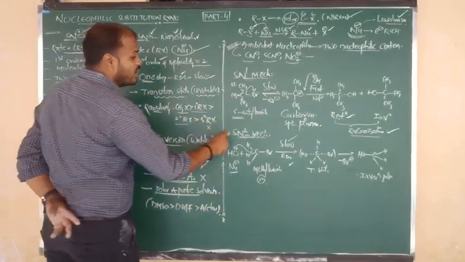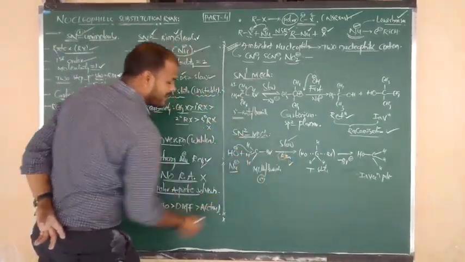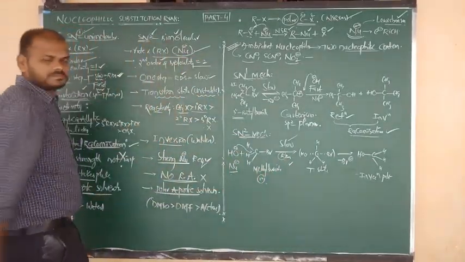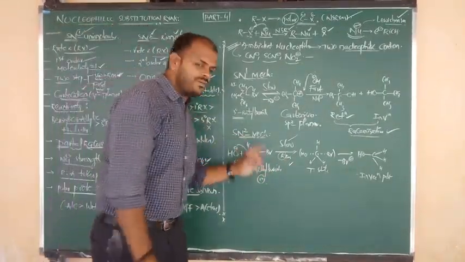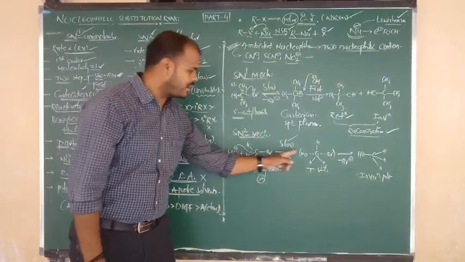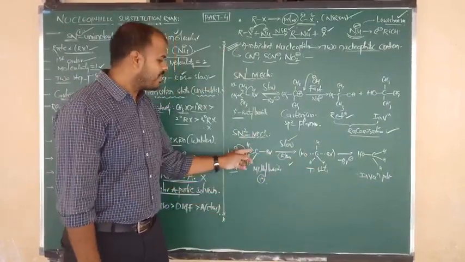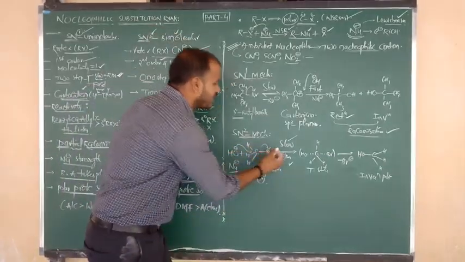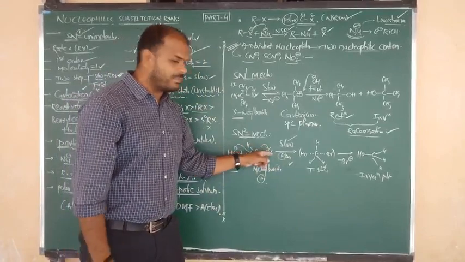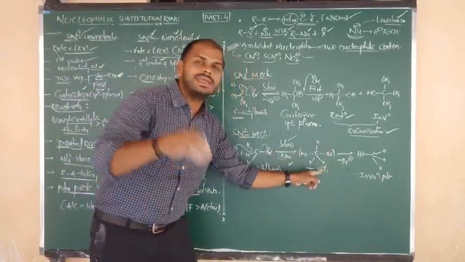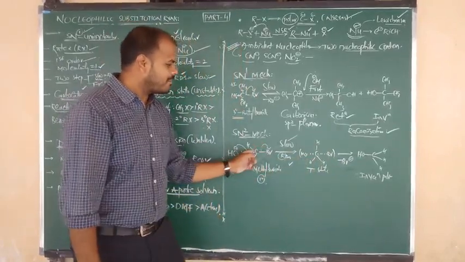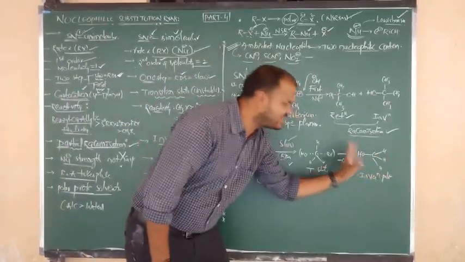That's why I told you in the SN2 reaction, rate depends upon the alkyl halide and the nucleophile. By the back attack of the nucleophile on carbon, we are going to eliminate what, beta? Br minus. But here, bond making and bond breaking both have to be shown in an unstable form, that is nothing but the transition state. So methyl bromide, by the back attack of OH, changes into methyl alcohol.